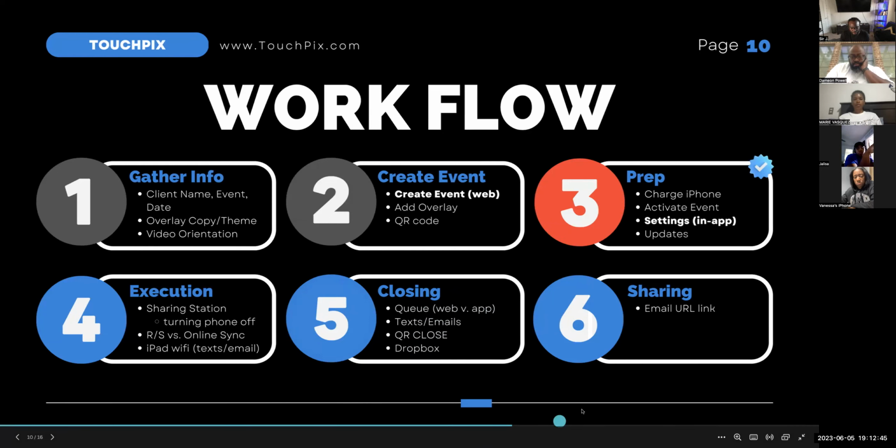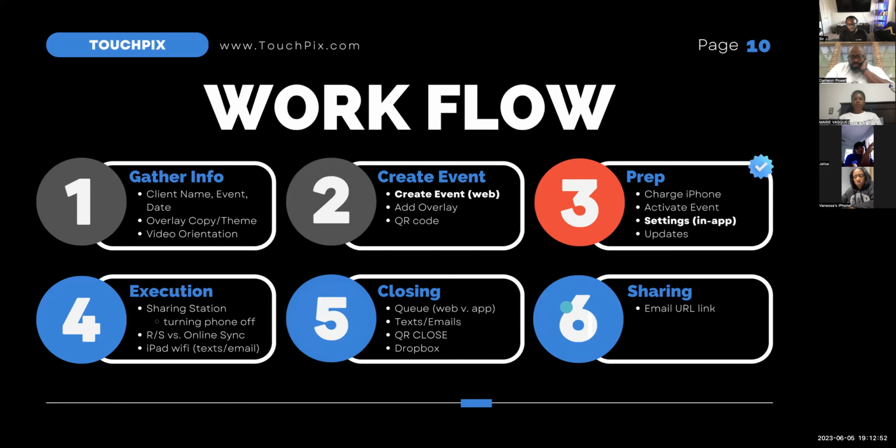I made this point earlier that on the iPad, in the sharing station, you'll need to make sure that it says that it's connected to Wi-Fi. Can y'all see the phone? Okay. You'll need to make sure that your iPad is connected to Wi-Fi in order to make sure that these send out. But imagine that this is not a phone. This is the iPad for the sharing station, okay? When you go to the settings, and then the queue,